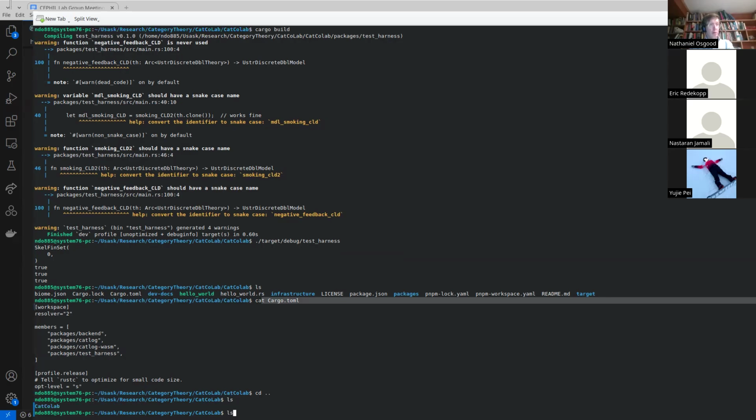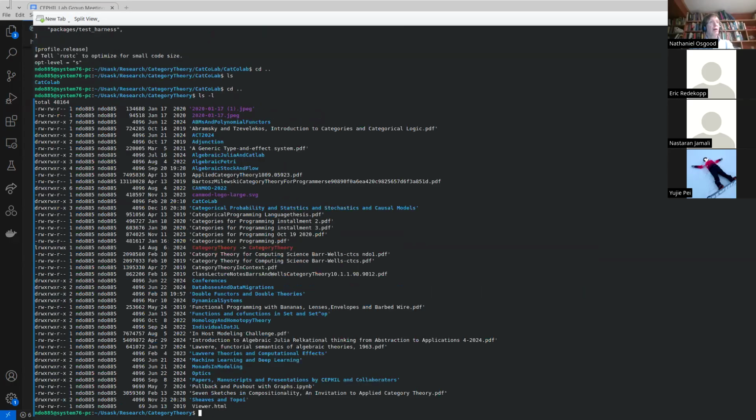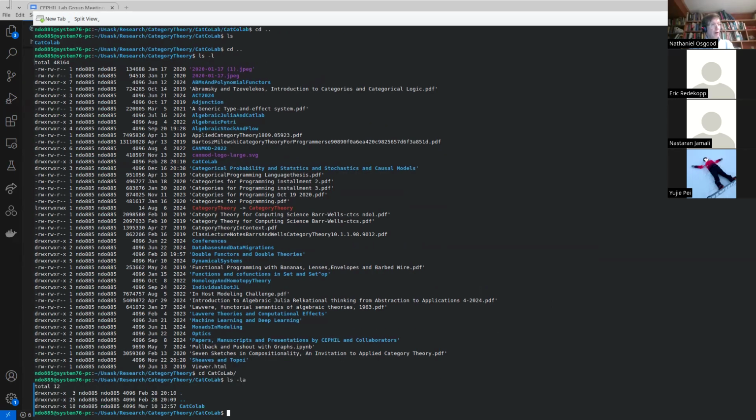So here, let's see, where did I actually do the Git clone? I think I did it in CatColab here, or maybe it was in here. In any case,